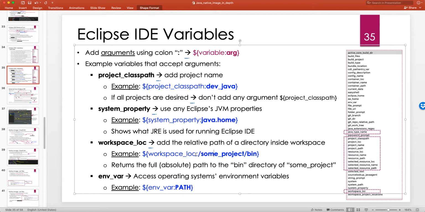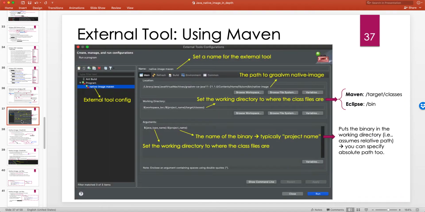So we saw it here, workspace location. This internal variable can accept an argument, right? And this argument is the relative path to your directory from the workspace, the root of your workspace, right? So you can just look at the tree view in the Eclipse IDE and figure out quickly what this relative path is, and then the workspace location, Eclipse already knows that, right? And so you can set the working directory to the classes, target classes,